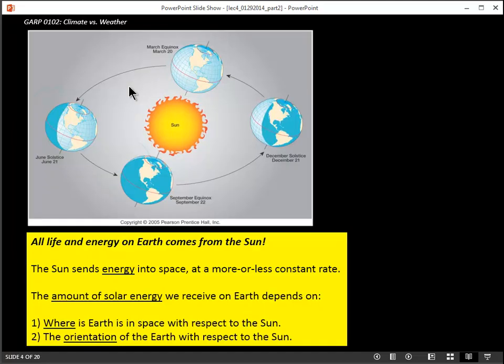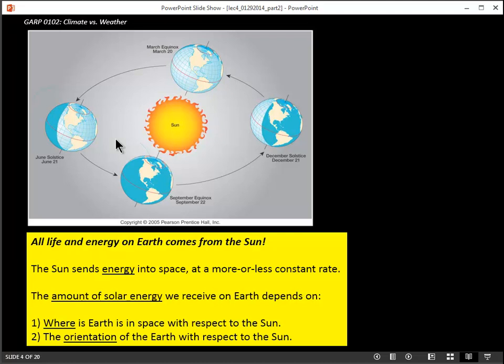So if that's the case, if you're the Earth, the amount of energy you receive from the sun is a function of where you are in space as you orbit around the sun, and more importantly, actually, how you're oriented towards the sun. So location and orientation of the Earth relative to the sun controls, if you will, how